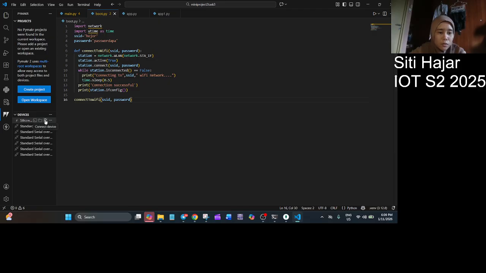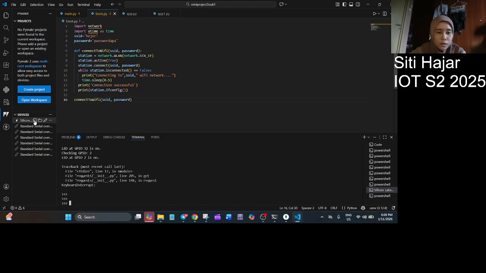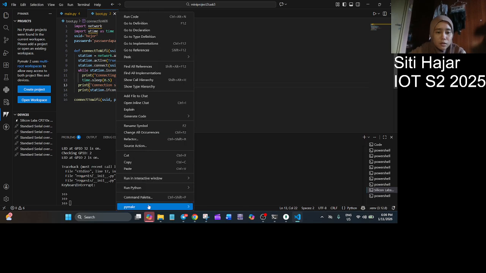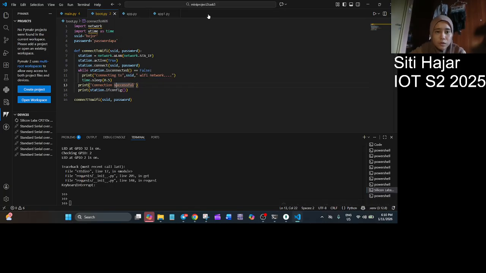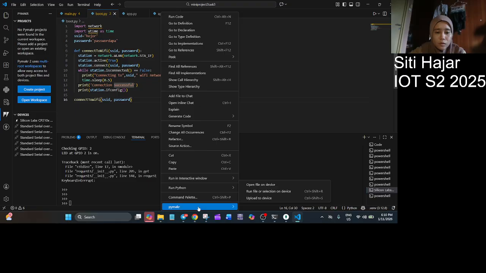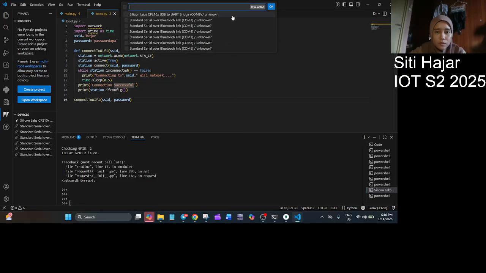And so basically first I will connect to the device, and this one we are going to upload to the ESP and run the file.